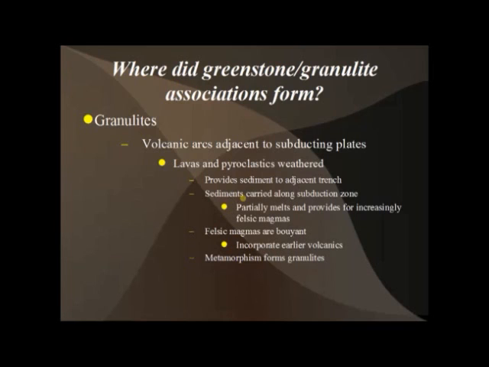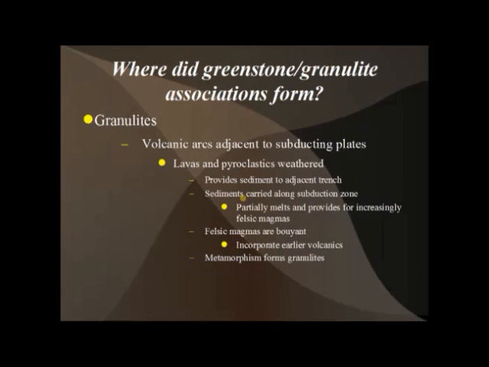The lavas that are being produced by these volcanic eruptions, the pyroclastics that are being produced by these volcanic eruptions, are providing for that weathered material. The sediment that is accumulating is taken down into the trench with the subducting plate. And those sediments are then going into this partial melt, which provides for an increasingly felsic magma. This felsic magma is buoyant, much like a lava lamp. Remember the